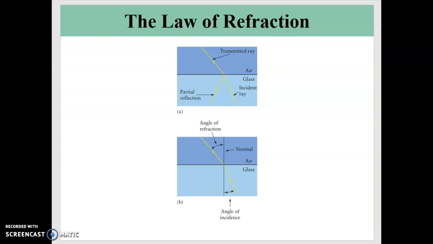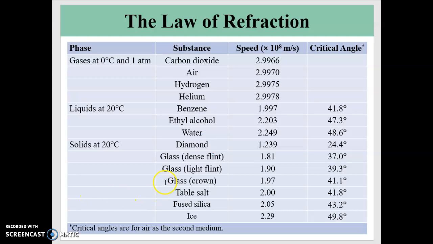So for glass, a typical index of refraction is about 1.5. What that means is, if I take the speed of light in vacuum and divide it by the speed in that medium, in the glass, I'm going to get a ratio of 1.5. So if you look here at the glass,